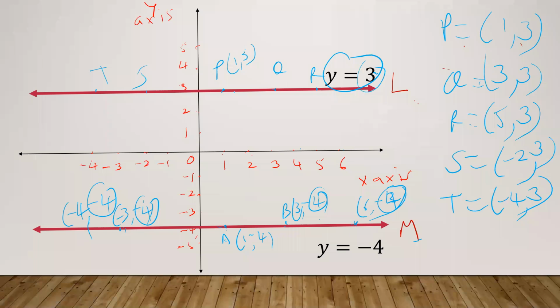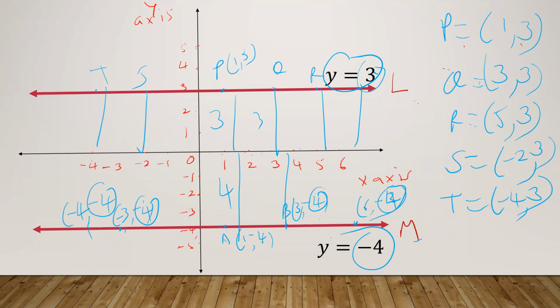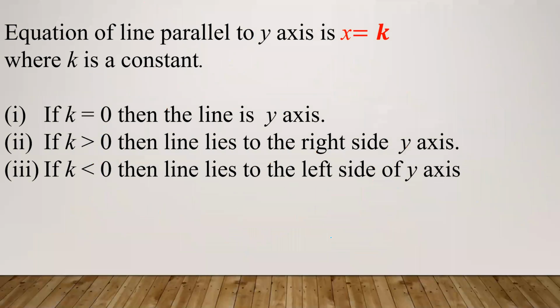And this 3, what is this? It is the distance between these two lines. Look, the distance between these two lines is 3. Here also, what is the distance? It is 4, but this is below, so y equal to -4 is the equation of this line. So what we have seen,